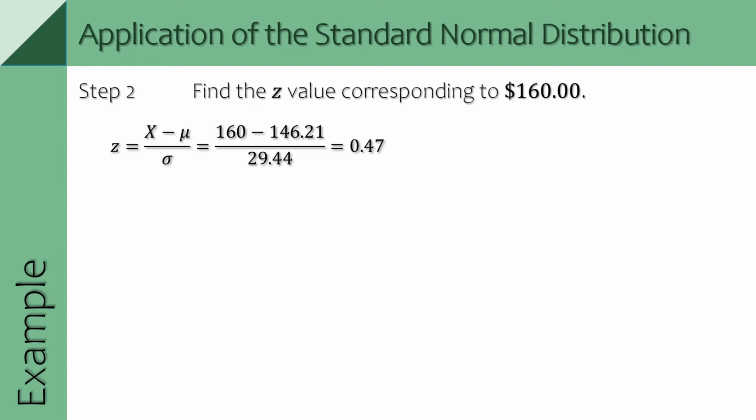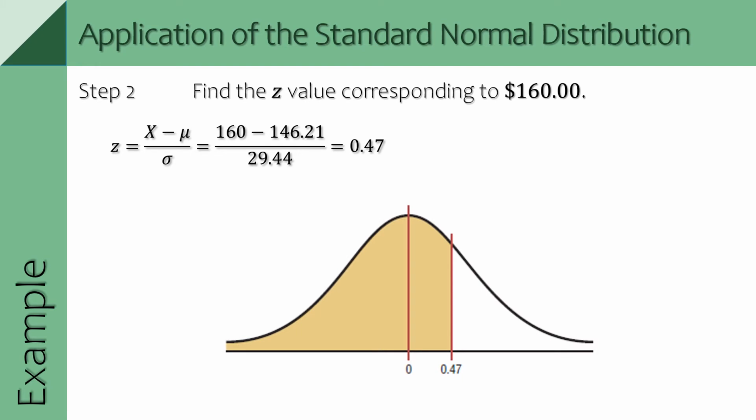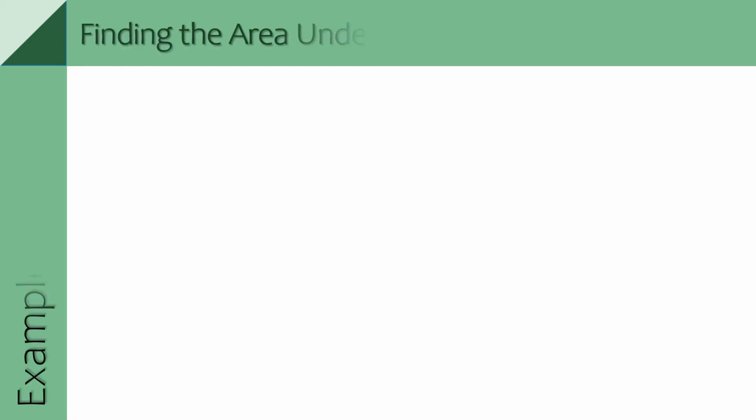So that is equal to 0.47. Okay, so let us change that into standard normal. So we have 0 and then 0.47. Okay, so now our task is to find the area less than